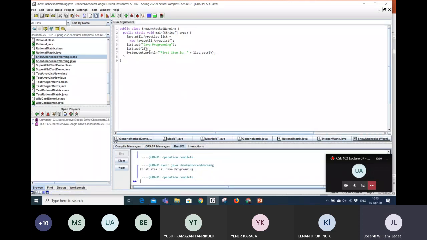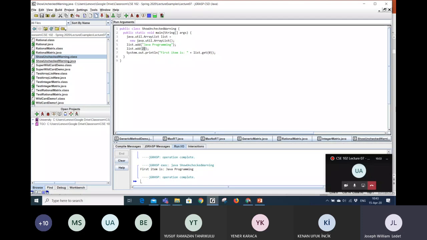But notice that I was able to add something that wasn't the same type as the first thing. And you may be saying, especially since I think some of you in this class have programming experience in Python, oh, that's just like a list in Python. There's no problem with that. We can have a mixture of types. And yes, to some degree,